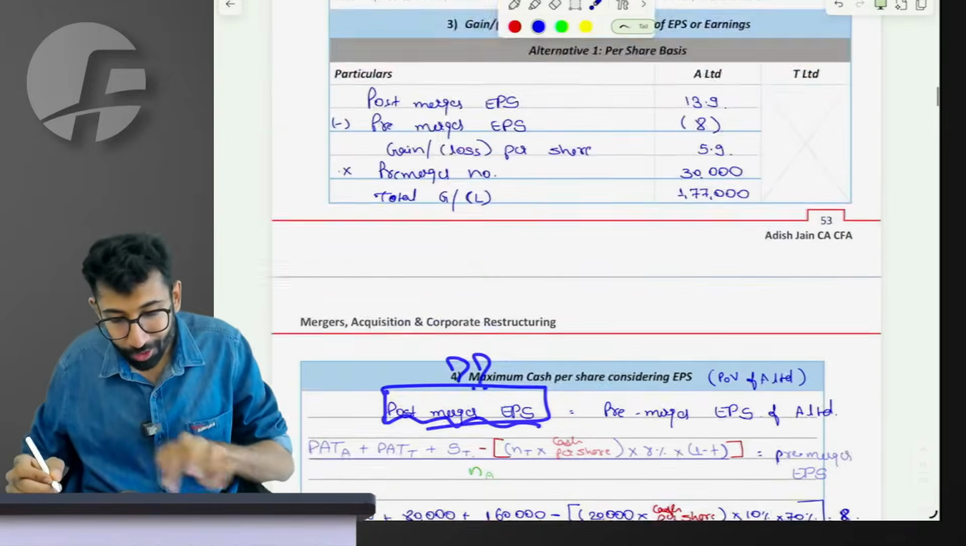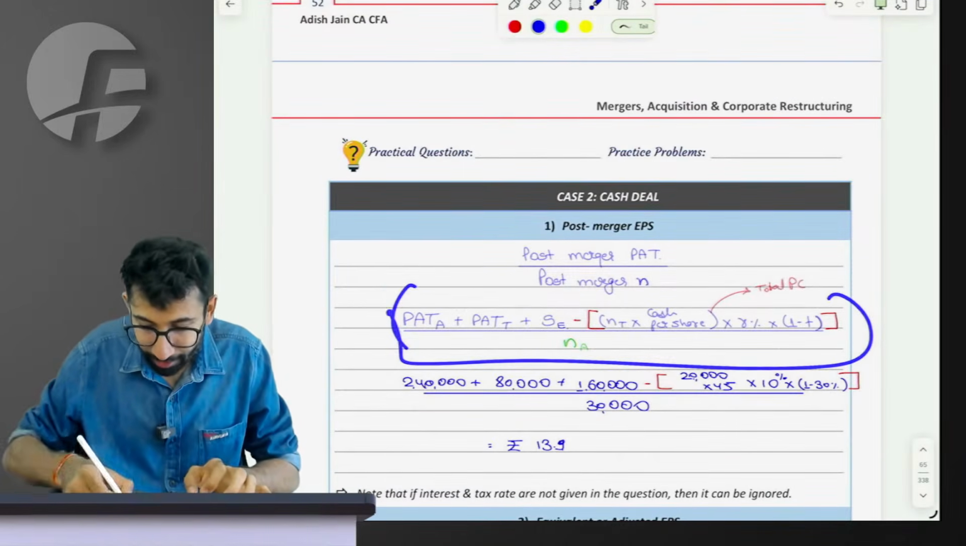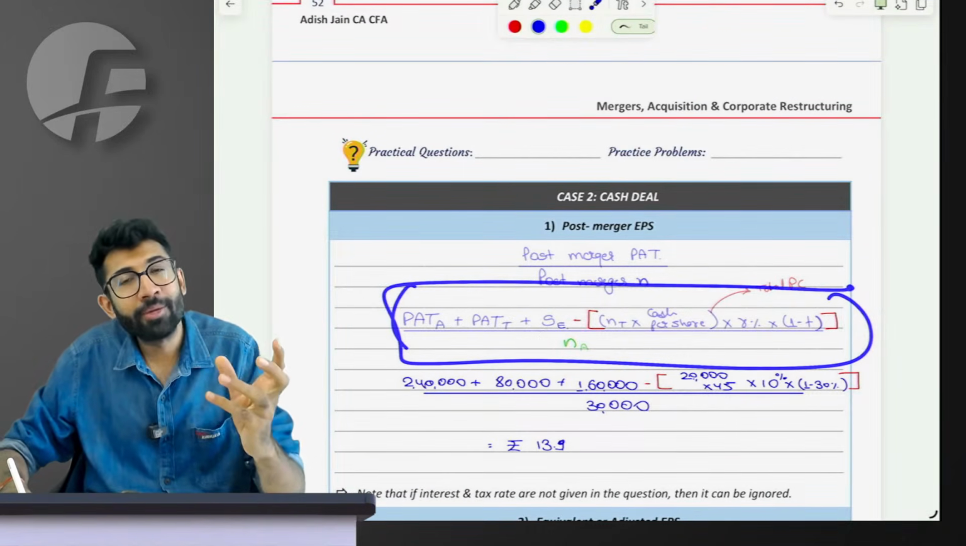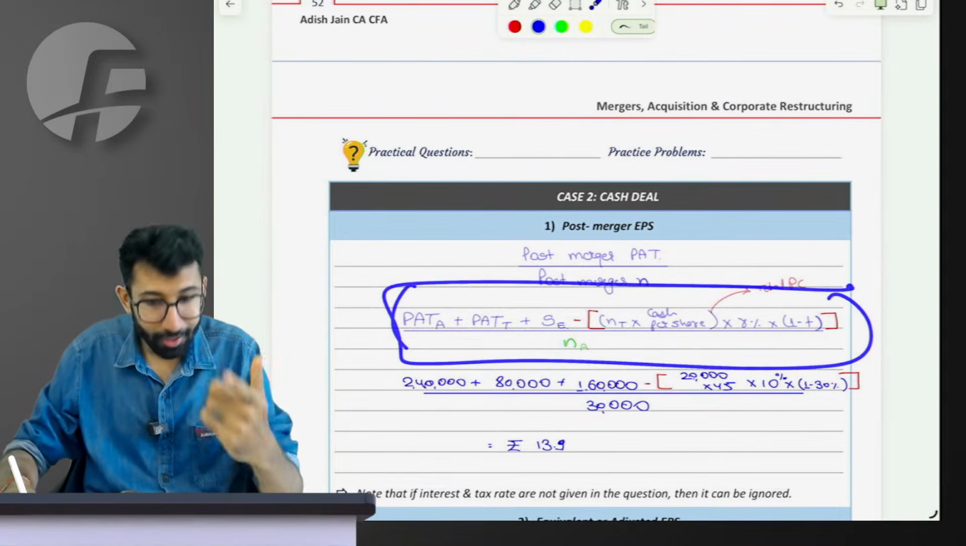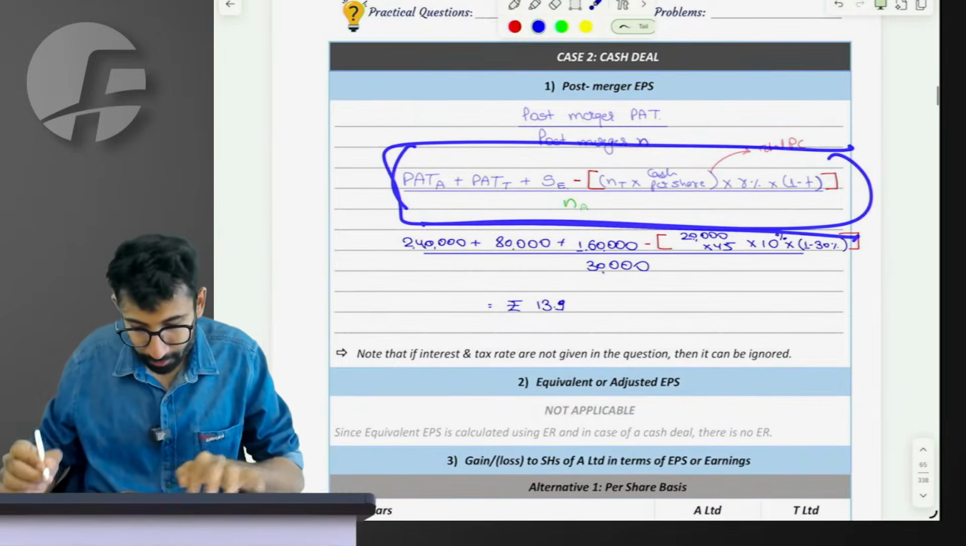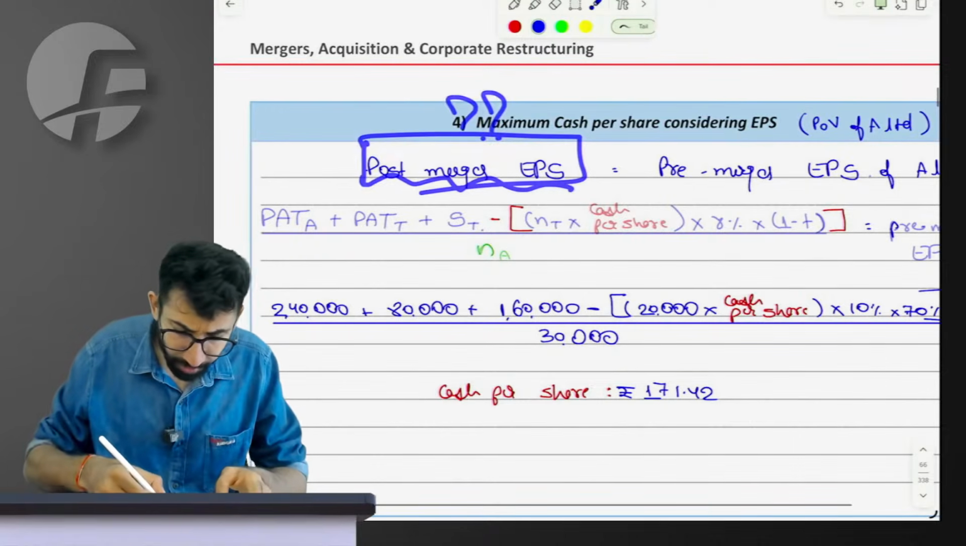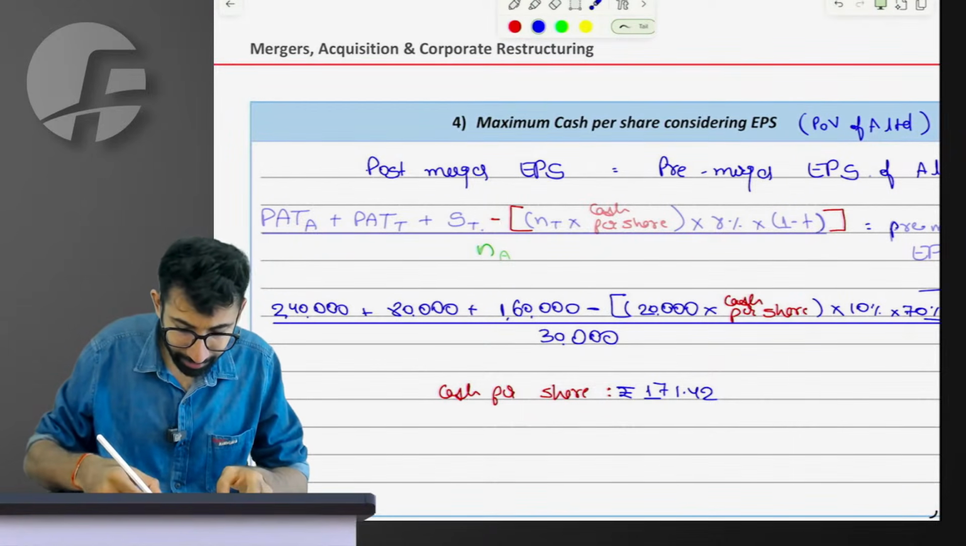in the case of a cash deal. How do you calculate it? Sir, this is the way to calculate. So the broad logic will remain the same, but the execution of it will change because the formula has changed. We will now say post-merger PAT is like this: my PAT, your PAT, synergy in PAT,